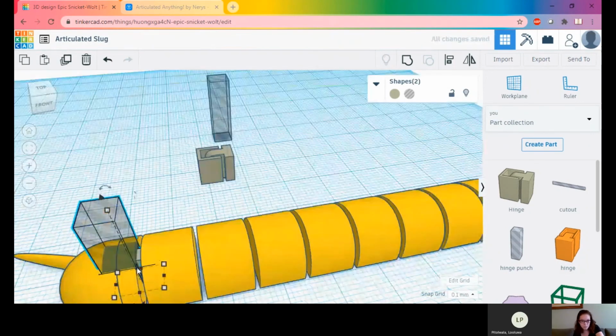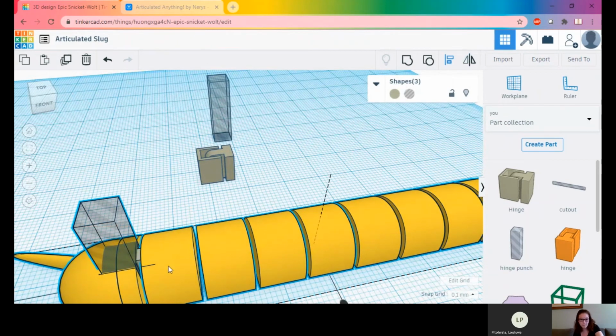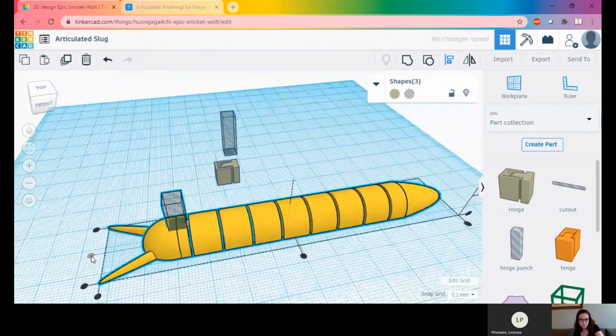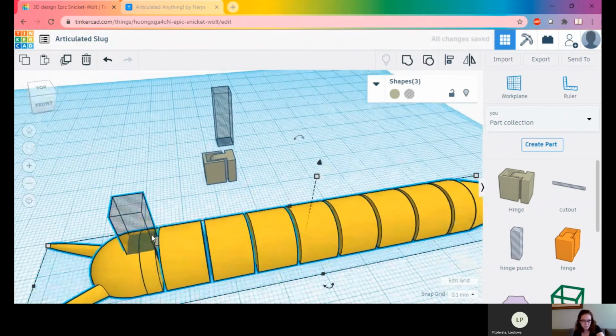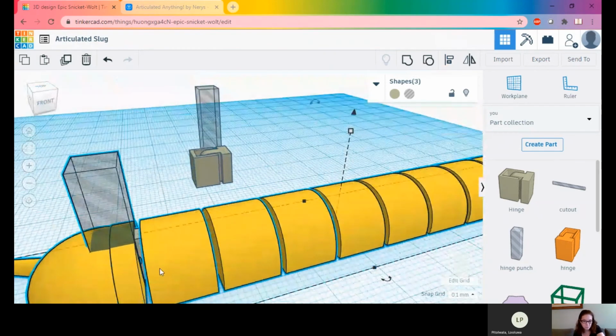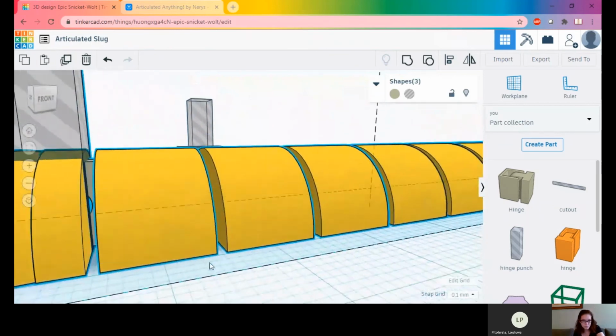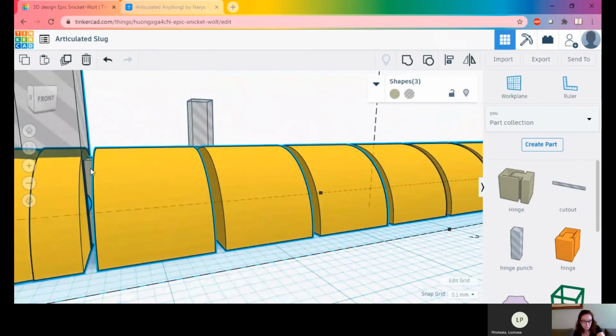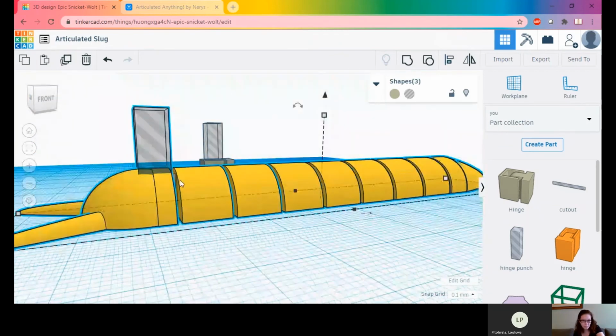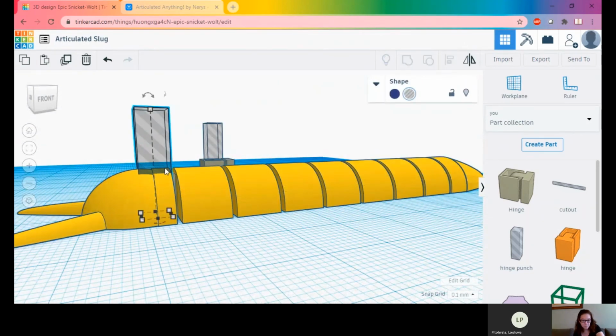So I need to be able to see that grayness coming through on the top of the segment. And then if I select everything and align it to the center, I won't see the edges of the hinge sticking out of the head. So from there, I can see just the littlest bit of gray. And I'm going to select just the punch and the hinge,